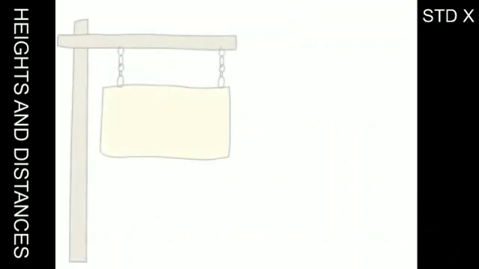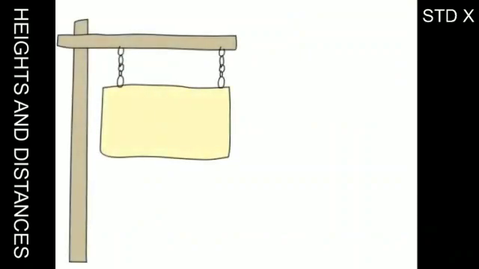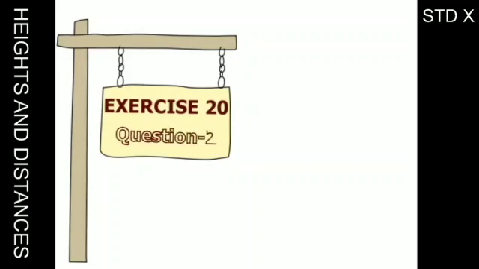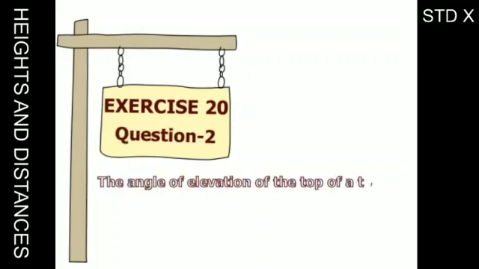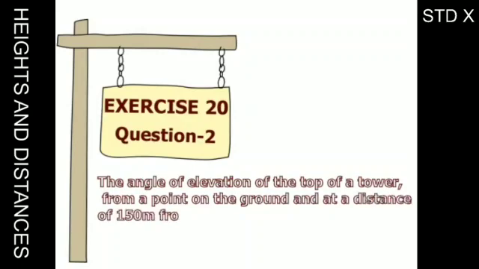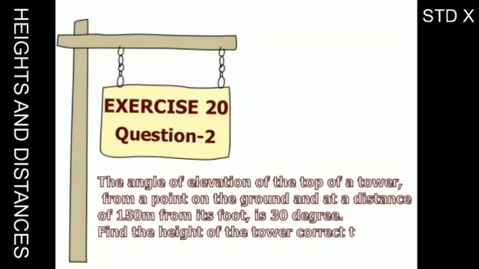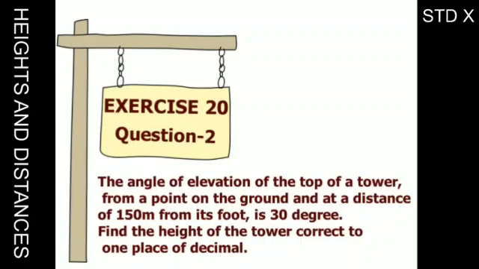It will be clearer if I explain through questions, so directly we are solving the exercise. Your exercise is Exercise 20, and from this I will explain question number 2, which is actually a base question. But before solving, children, you should know that to solve questions based on height and distance, it is possible only if the angle is 90 degrees, which means the triangle is a right angle triangle.